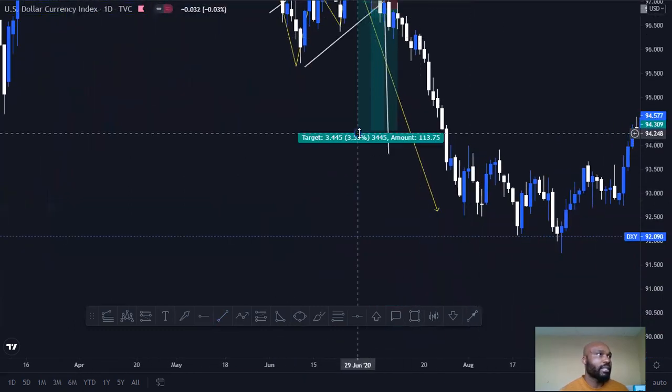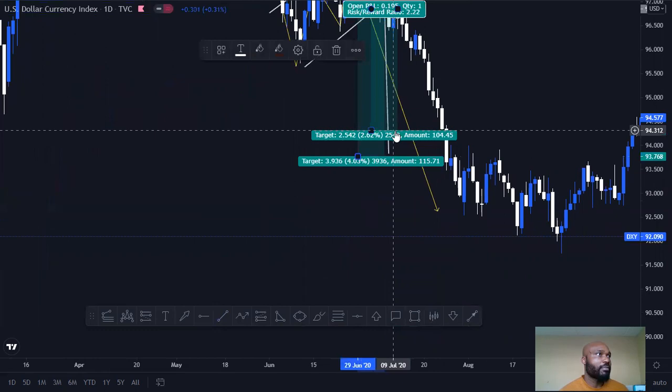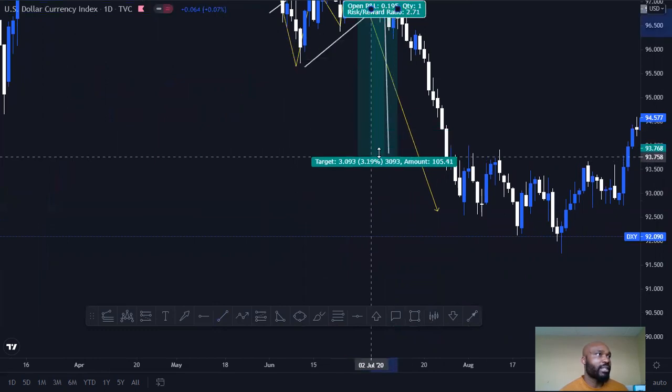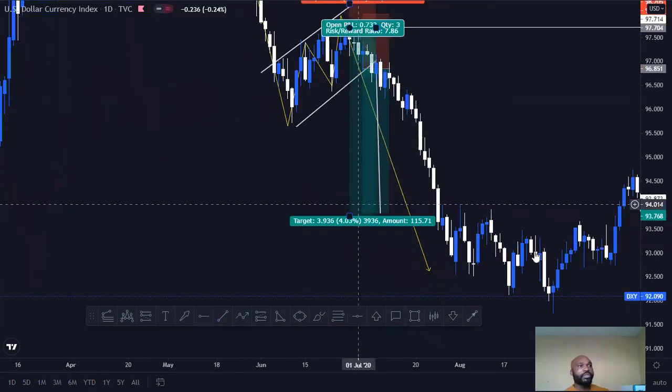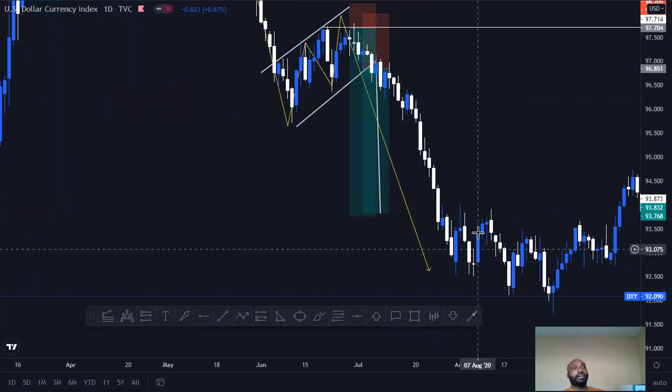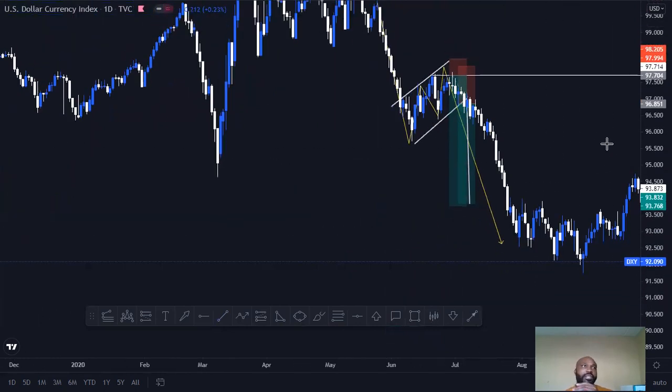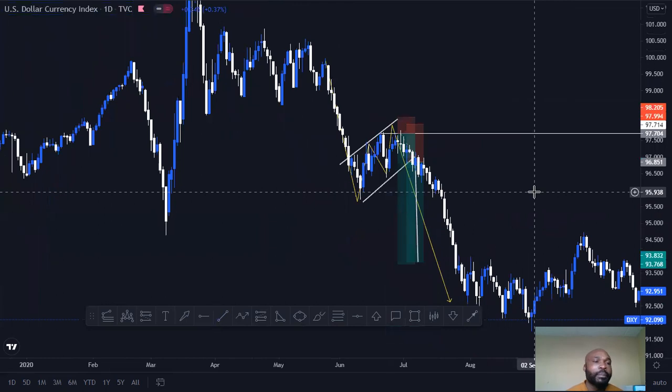See where our target is, guys? If you were on this trade and you're managing it, you'd have been able to even capture all these levels here, but you need to be conservative and be content with whatever target level that you set. So if you set a target level, once price hits your target level, you need to close your trades,